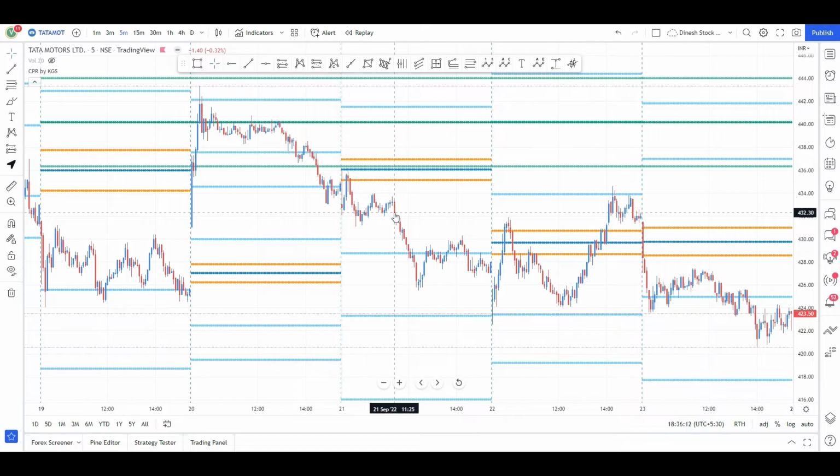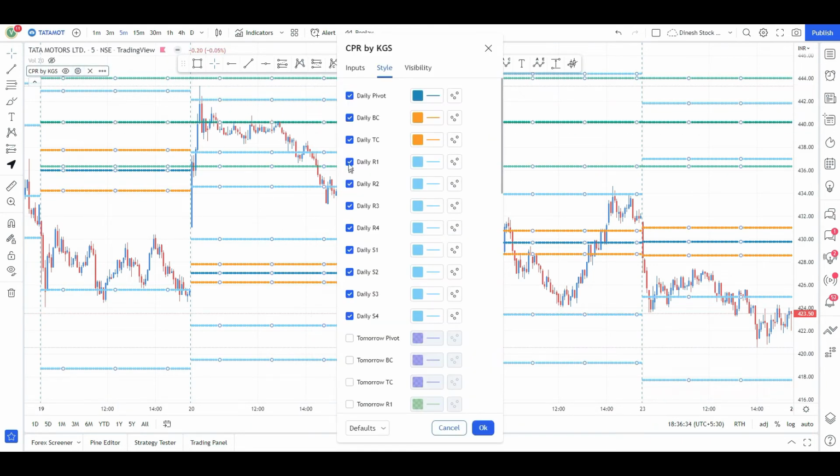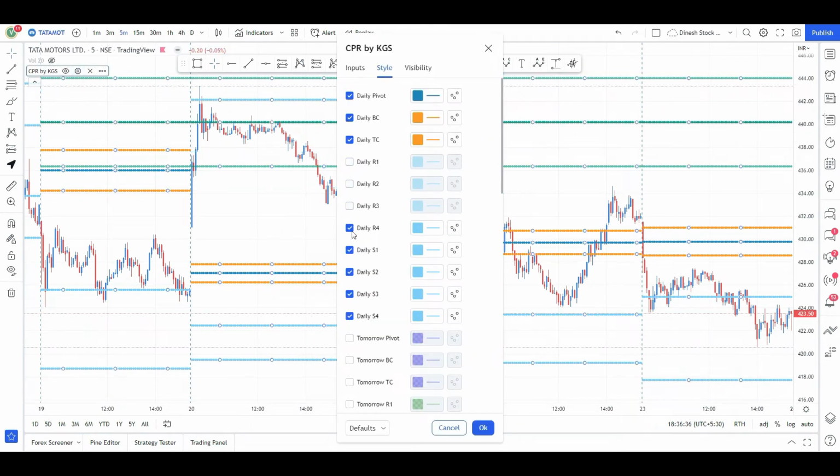In the later chapters, we'll learn how to compare CPR levels and how to see CPR width. That time we don't need daily support and resistance levels and weekly and monthly CPR levels. We will hide those levels. So let me teach it now itself so that it will be easy for you. You can go to the settings icon again. You just have to disable those